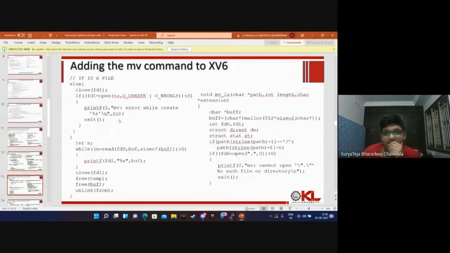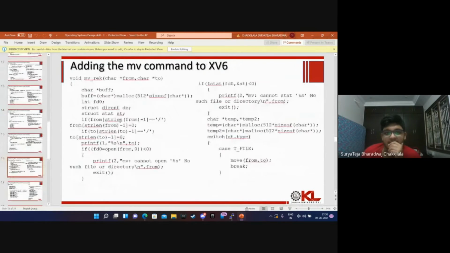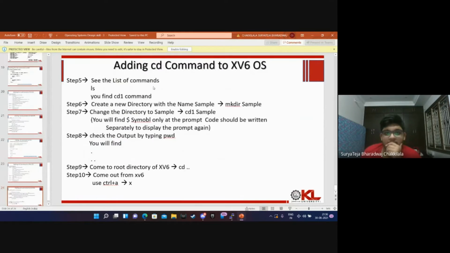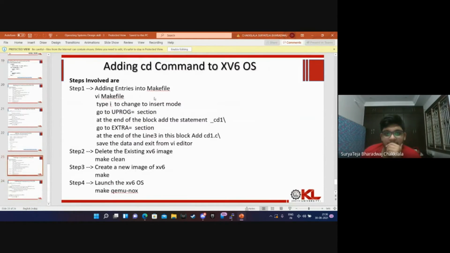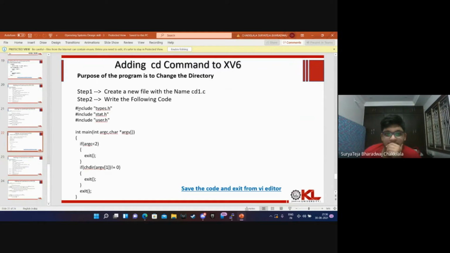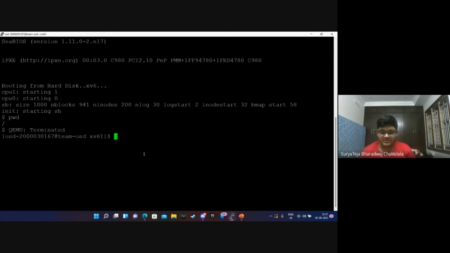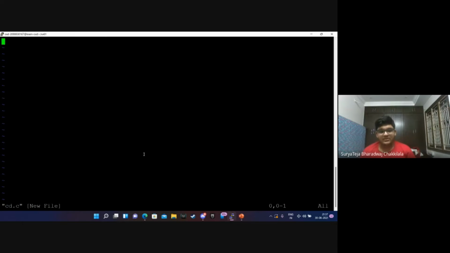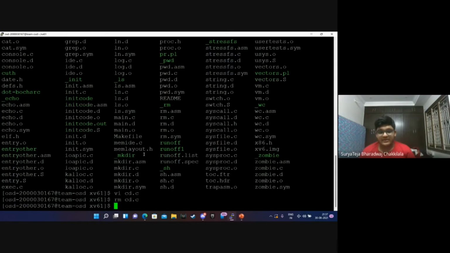So that's one program and we'll discuss it later. And for this, we'll be doing the cd command. cd. So it's quite a simple program, I guess. So let's start with control x. So ls, we are already having a cd program, I think. cd.c, I think no. So let's not mess with the inbuilt one.